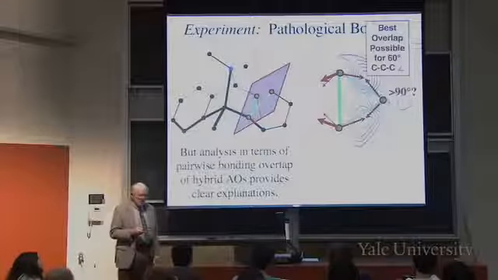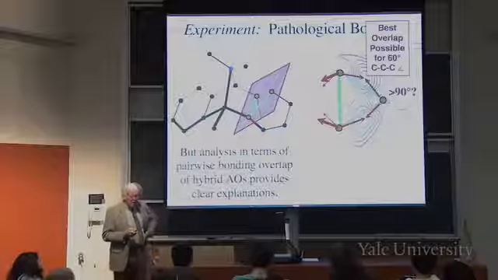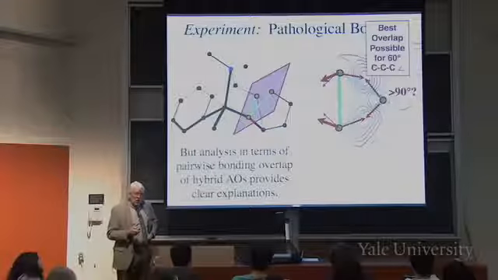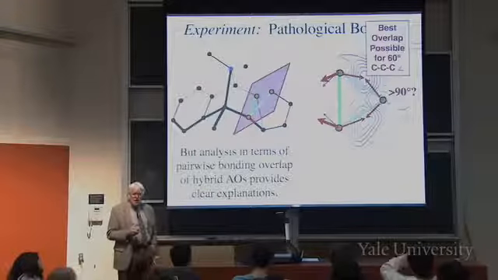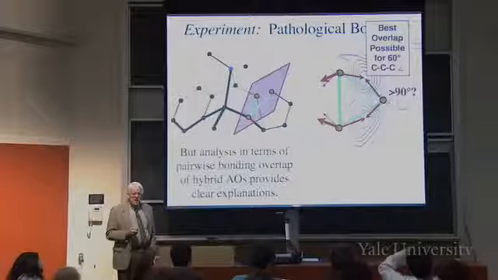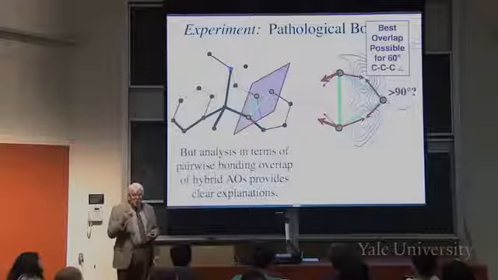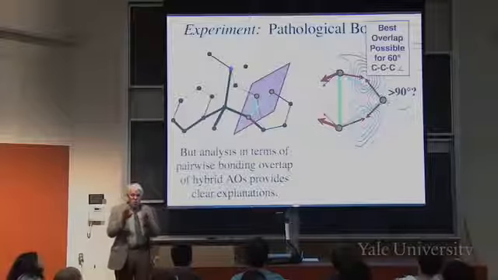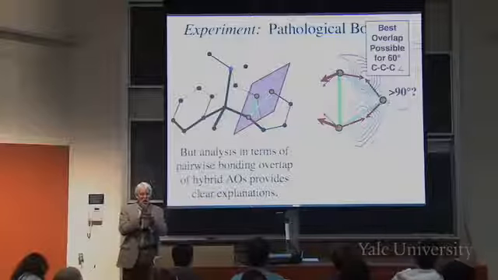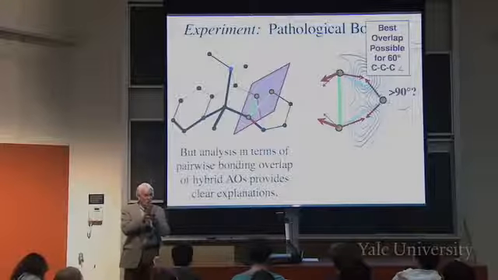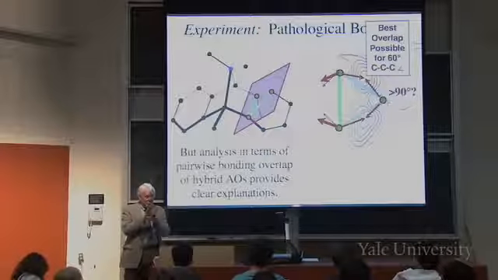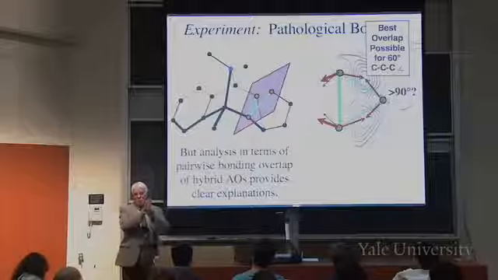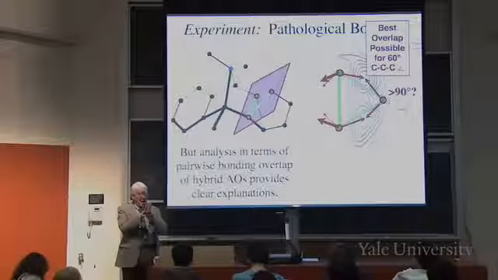Now, this seems funny because the angle between the red arrows on the right carbon is greater than 90 degrees. Why do I say it's funny that it's greater than 90? You're not going to be able to make it 60 degrees because two orbitals that made a 60-degree angle would not be independent orbitals. Obviously if they were right on top of one another, they'd be the same orbital. But you can't say